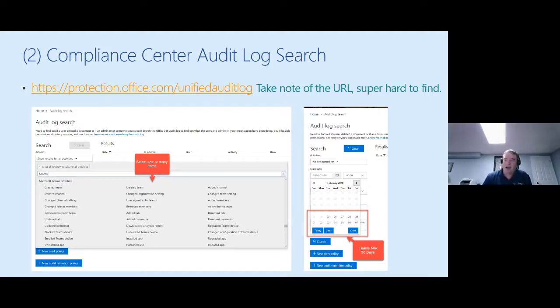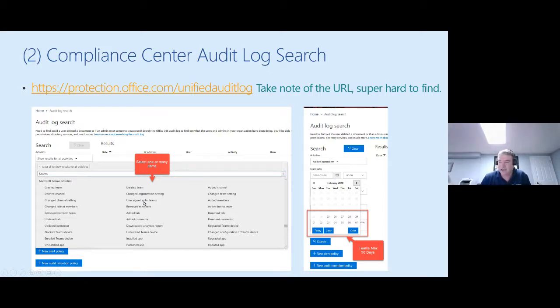Once you're here, you're going to see a boatload of options available to you. You would go in and select, in this case, I'm focused specifically on the Teams audit log. Then you can multi-click any one of these items. You can see delete a team, change organization setting, user signed into Teams.